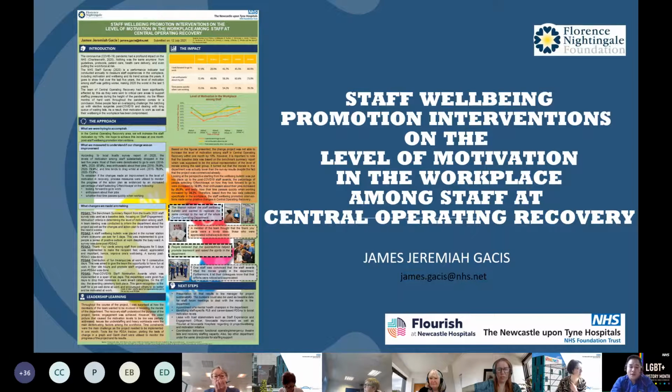So just to give you a bit of background. One of the motivators for pushing forward this QI initiative was the lived experience among staff throughout COVID, and one of the drivers was the leadership program that I attended last year. I am proud to say that I was given the opportunity to present this QI project at the national level in front of the scholars of the Windrush Leadership Program, and it would be a shame if I didn't share this with my home organisation. I'm also a firm believer that knowledge is not knowledge if it's not shared. That's why I'm here. As you can see on the left side of your screen, that was my QI poster. So, without any further ado,